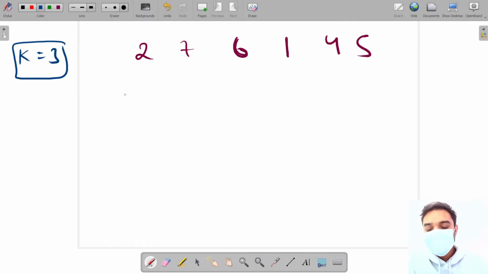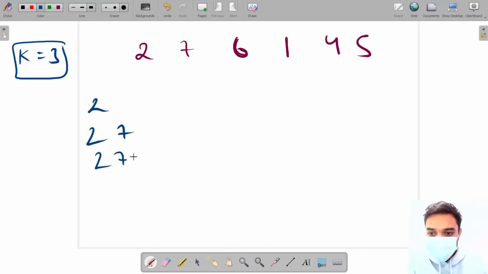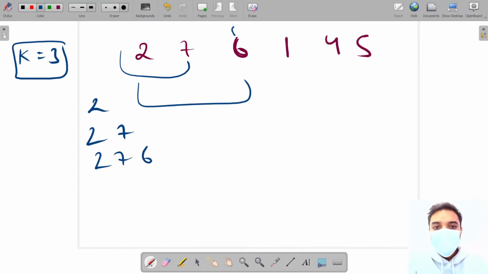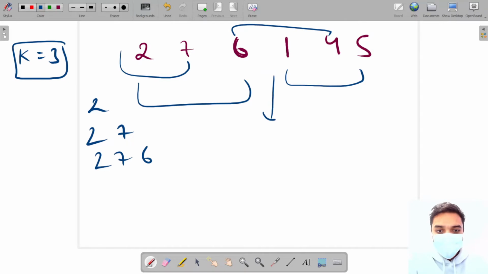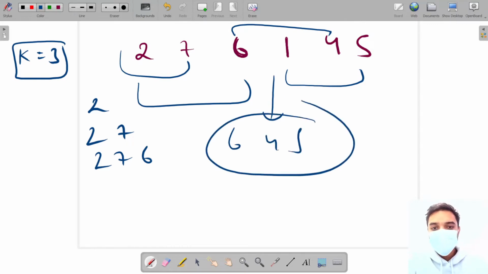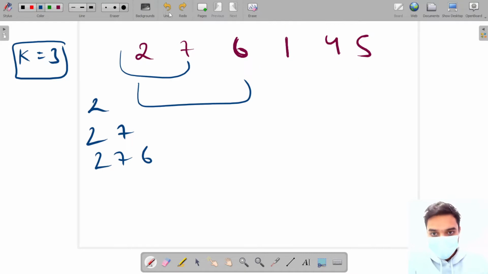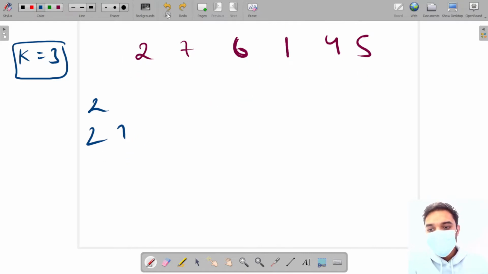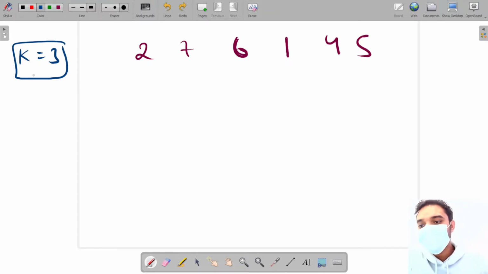I am giving some examples of subarrays of this array. One of them is 2, 7, 6. That means a continuous array. This is a subarray, this is a subarray, 6, 1, 4 is a subarray, 1, 4, 5 is a subarray. You can't say that 6, 4, 5 is a subarray. A subarray is always continuous. If you were not aware about subarrays, I have already told you what a subarray is. So what we have to do is count the number of subarrays whose sum is divisible by this